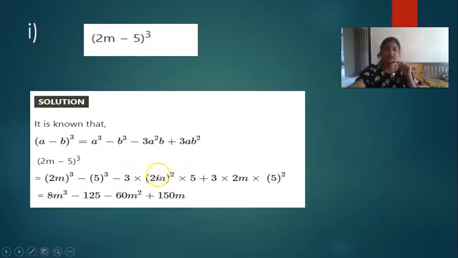First of all we will do this bracket. What is the power of 2? 2. So what is 2 square? 2 multiplied by 2, that is 4. 4 multiplied by 5 is 20. 20 multiplied by this 3 is 60. And this m power 2 is as it is, 60 m square, plus, here you can see 3 2s are 6. And now what is the square of 5? 5 5s are 25. So 25 multiplied by 6 is 150. You can multiply and see, 150 and this n as it is. So it was the first sum.